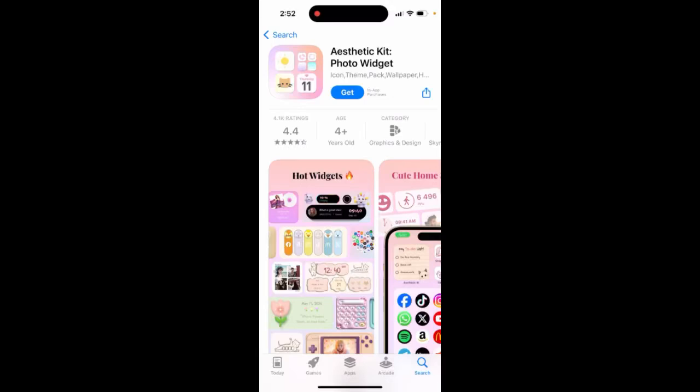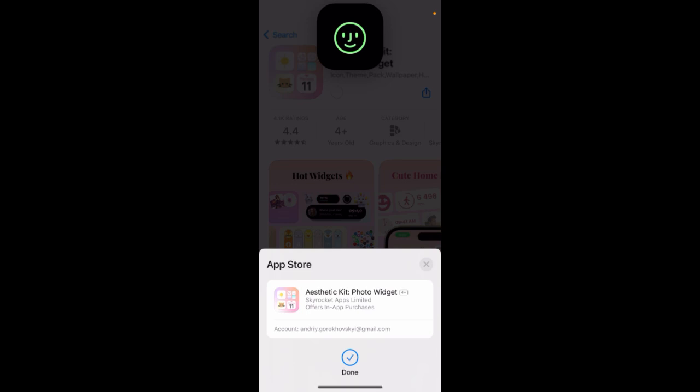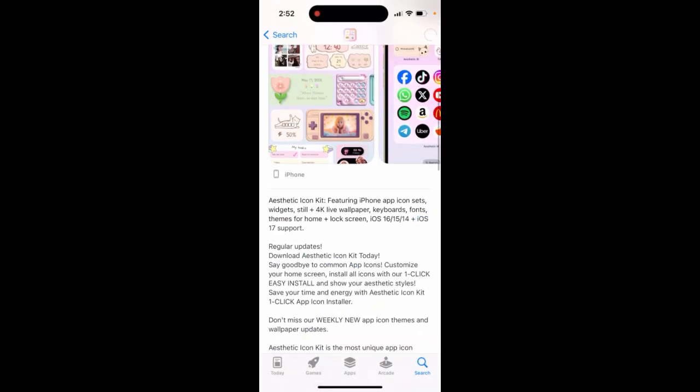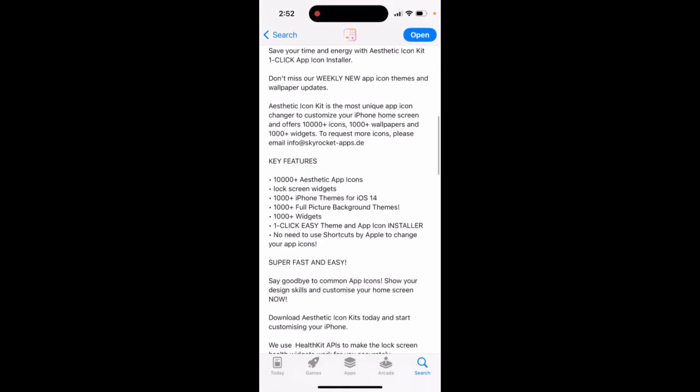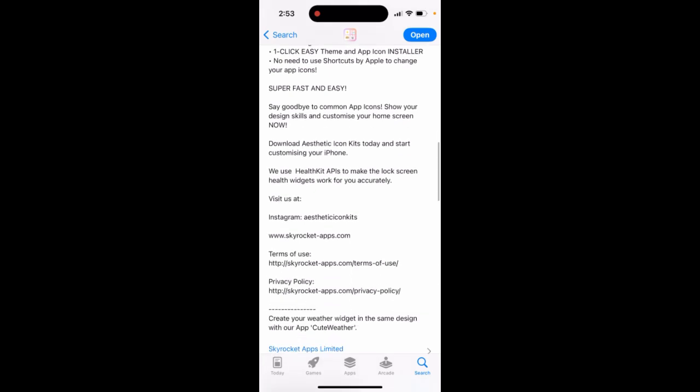Here's the app called Aesthetic Kit Photo Widget. So, one of those apps where you can install a lot of widgets, a lot of wallpapers. Featuring iPhone app icon sets, widgets, still 4K live wallpaper, keyboards, fonts, regular updates, weekly new app. So 10,000 plus app icons, 1,000 plus iPhone themes, 1,000 plus full background themes, 1,000 plus widgets, super fast and